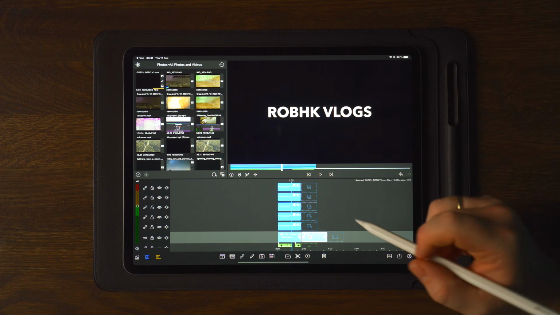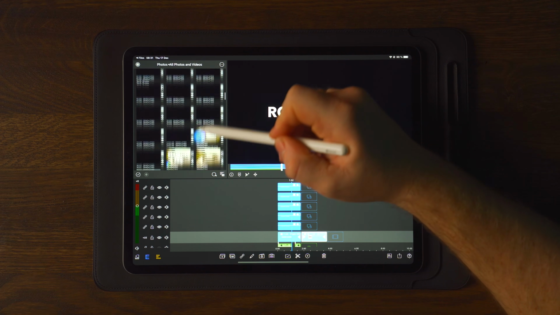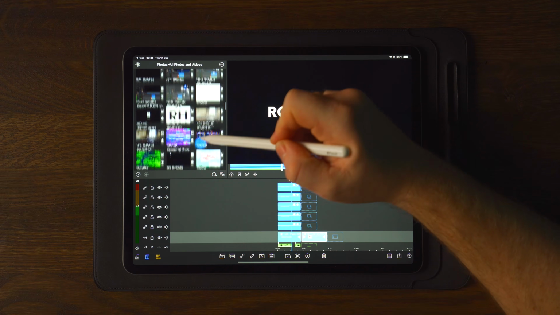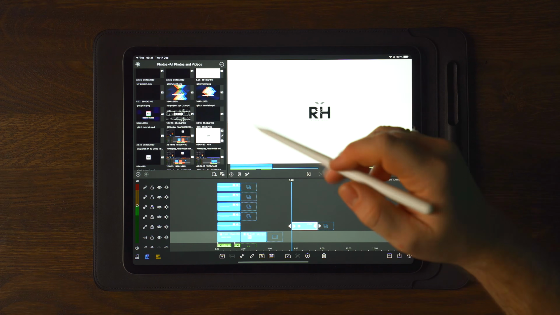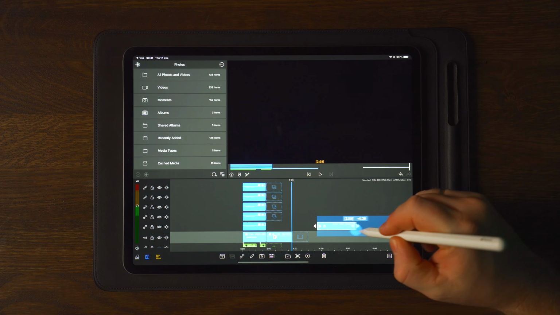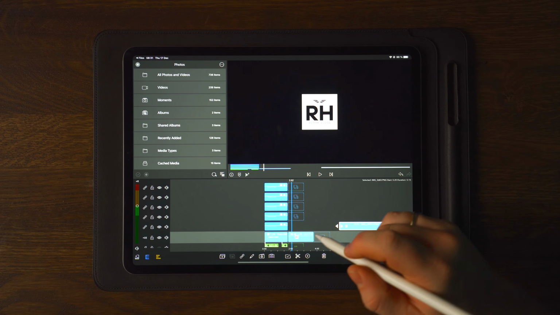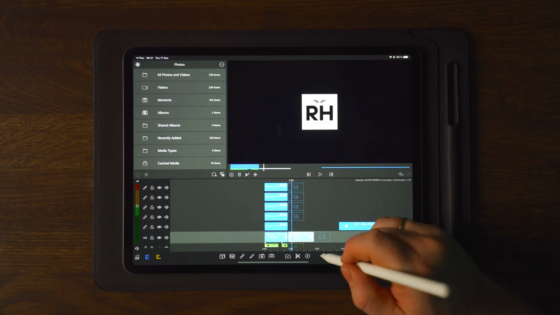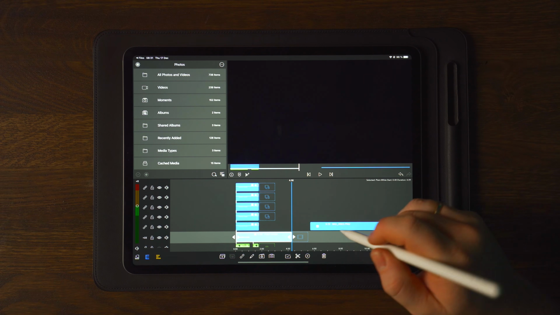Now, if you do this with a transparent file here, if I go over and find the transparent logo, I can show you the example with that as well. We have the transparent logo here. So if we just expand this, what we can do now is remove this one right here, and we can extend the duration of this. Or what we can do is